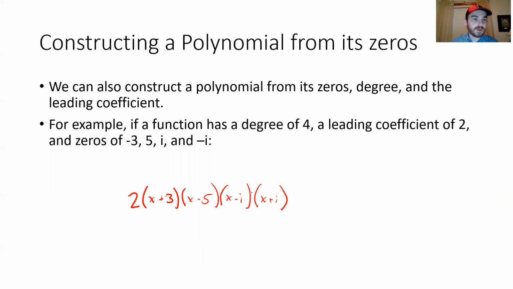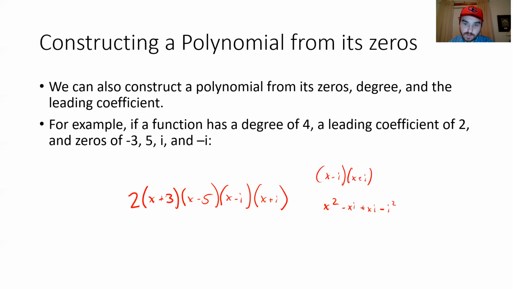Now, simplifying this, actually multiplying it all out, is going to take a little bit of time. I would strongly recommend whenever you're doing this, try to get rid of i's as fast as possible, and then move on to the real zeros afterwards. So we're going to start with these two. We have x minus i times x plus i. When we multiply this out, we'll get x squared minus xi plus xi